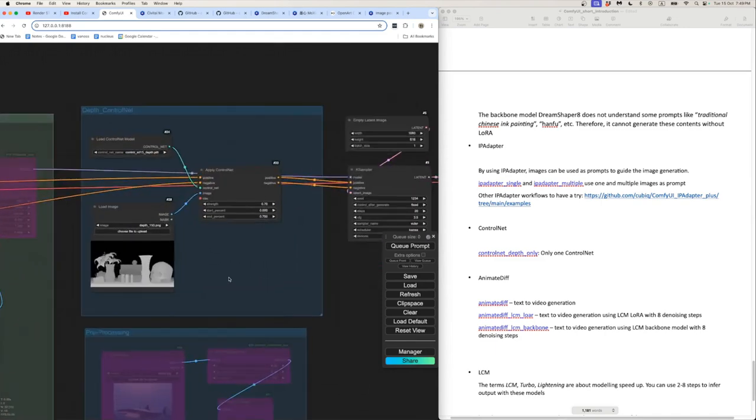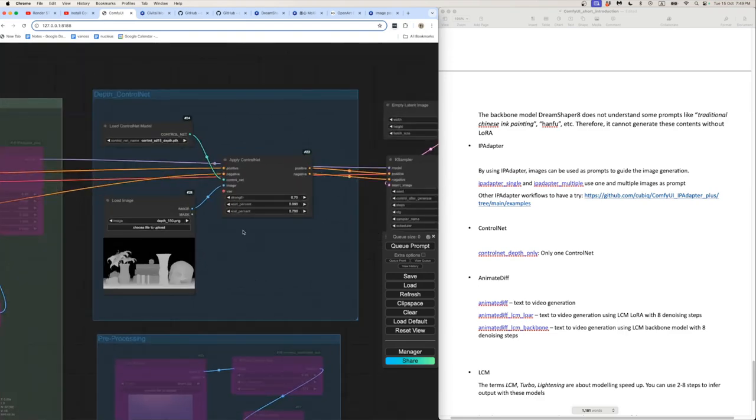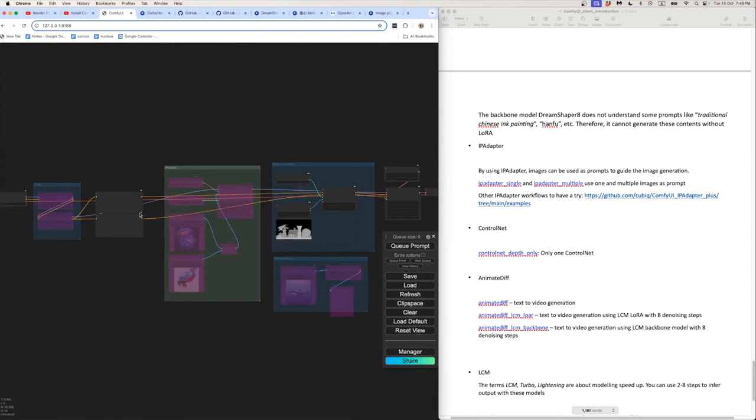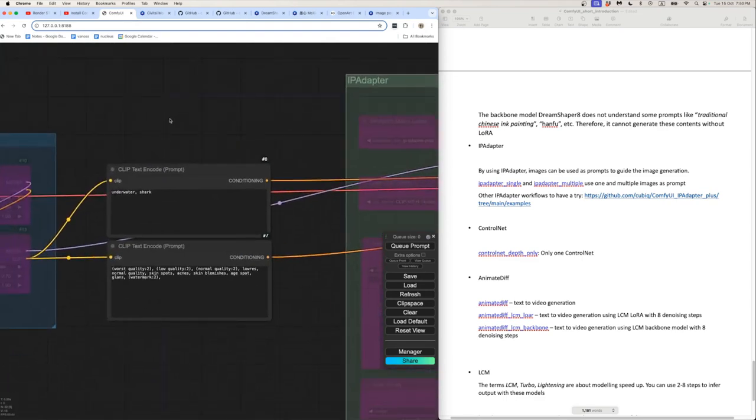Okay, so now let's have a look at our prompt. So we've got the control model loaded, the image loaded, and let's take a look at the prompts here. So instead of underwater shark, let's now think about what we've made in Blender. Let's start with something that's kind of on topic. So Vanitas painting, Dutch still life, vase, flowers, skull, books, gold blocks. Let's go like